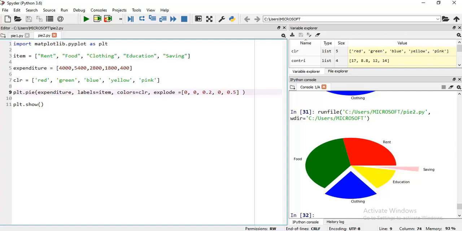Now my dear students, what we have done here is use the pie function to construct a chart. We have learned the first attribute, the data part, which is the value for which we have to construct a pie chart. Then labels means naming the different slices. Here we are giving food, rent. Then colors means we can provide our own colors. Then explode means if you want to segregate any of the slices from the circle, it is known as explode.